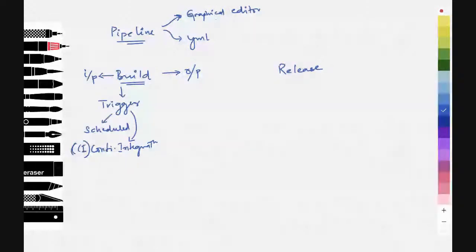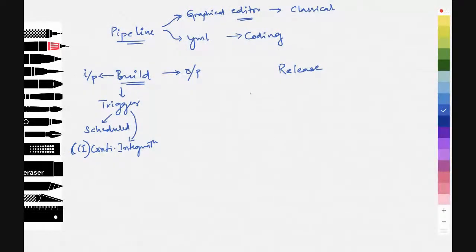Graphical editor and the YAML editor, there are two different types of editor. In YAML, you would be coding your pipeline. So you can save this as code in your repository. In the other, you would have a graphical way of picking and choosing the tasks which you want to do inside a pipeline. This is a little bit more user-friendly. The classical editor is the graphical way of doing it. It's called the classical editor as well. In the GUI base we do. That's the reason I've named it as a graphical editor.